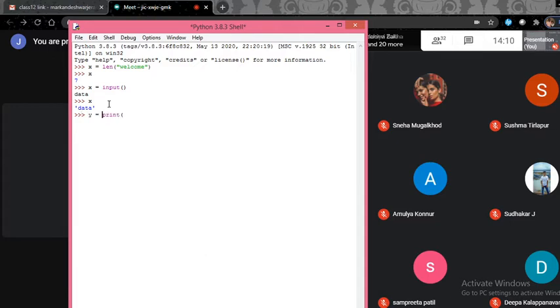If I type y equals print of welcome, the parameter we pass will be displayed on the screen, but it is not going to return any value. So if you print the value of y, you will see None. The length function returned an integer value stored in x. The input function reads data that is stored in x, with some data type. But the print function displays the data on the screen and does not return any value.